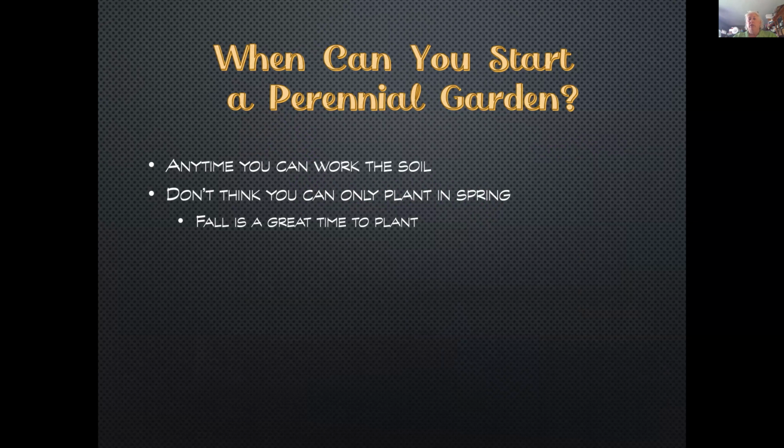You kind of have to think about at the end of the season, how long will those plants have time to put down some new roots? But anytime after May, because perennials can take that cold soil temperature, whereas annuals and vegetables really can't. So anytime that you can work the soil for the most part,